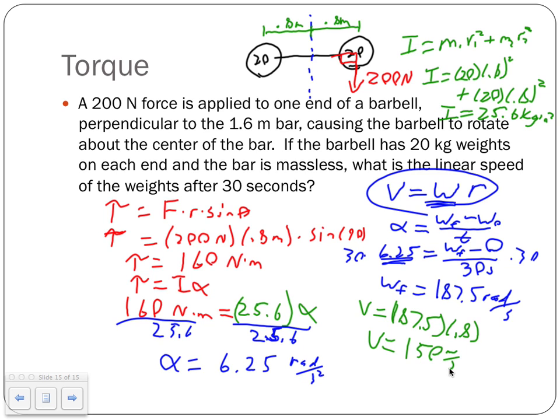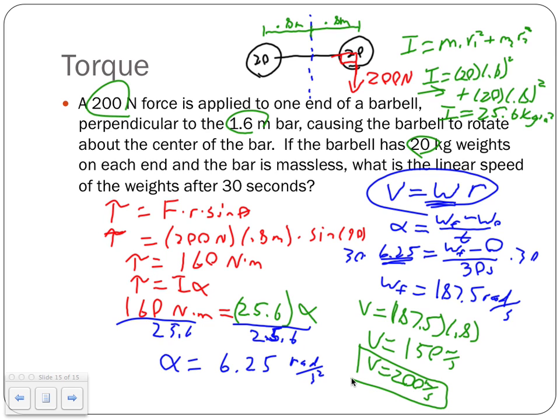Significant figure-wise, 200 has 1 sig fig, 1.6 is 2, 20 has 1. We're all multiplying here, really, except for our moment of inertia right up here. And so this should end up being 1 sig fig. Sorry about that, 1 sig fig. And so our final velocity would be 200 meters per second, which is a good speed on these guys,